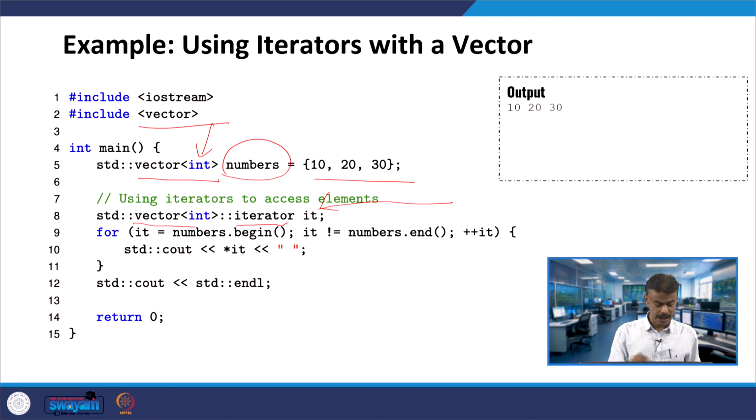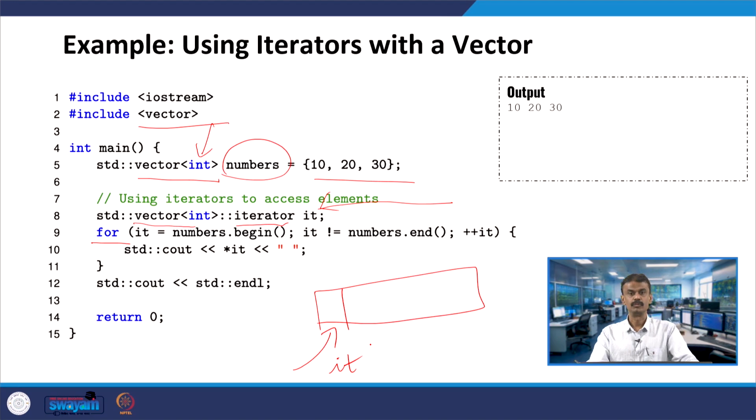Now we use it in a for loop: it = numbers.begin(). The it pointer is pointing to the address location of the first element of the vector, the address, not the value; the value is 10.